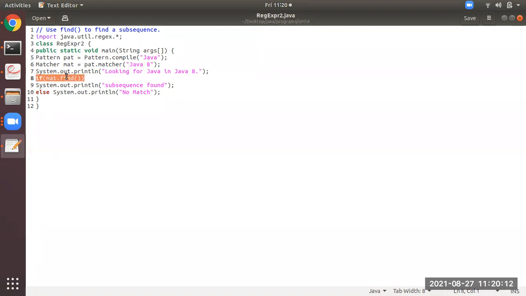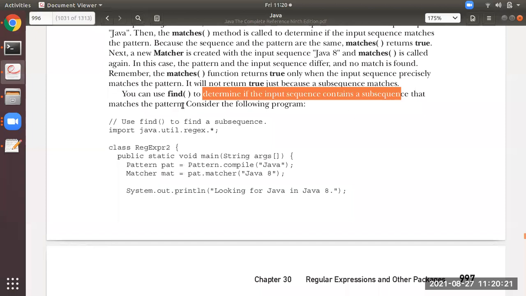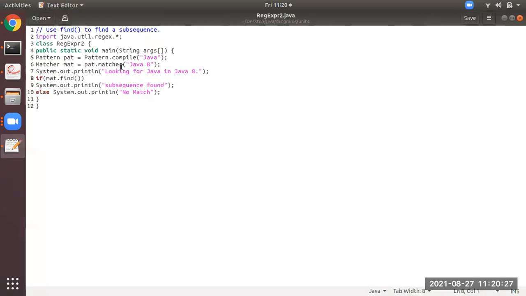It will find the subsequence. To determine if the input sequence contains a subsequence that matches the pattern. Some part of this, is it available in the pattern? Yes, it is available. So that we can find with the help of the find method.